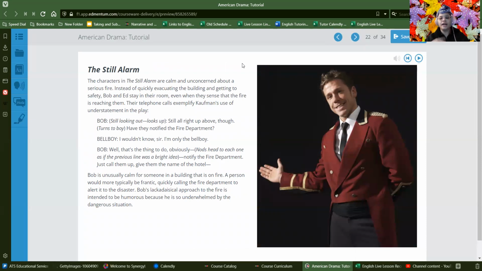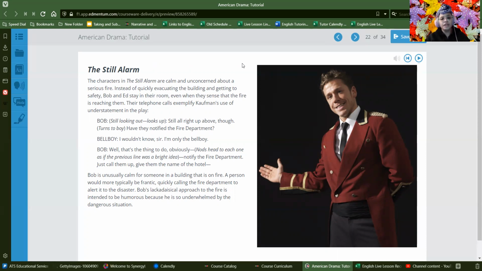Now, as we know, I don't read through excerpts, but I will go over some of the analysis information just to make sure that you understand everything that you need to know before you go and read the excerpt. Sometimes it helps to read about what you're looking for and what you're reading before you actually read it, especially if you're not sure if you're going to understand it or not.